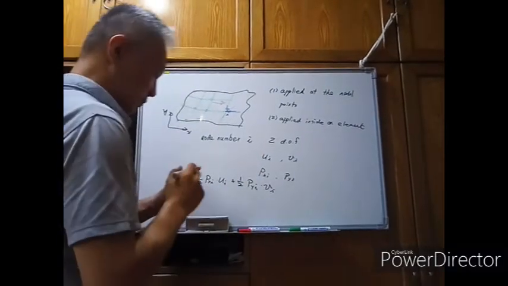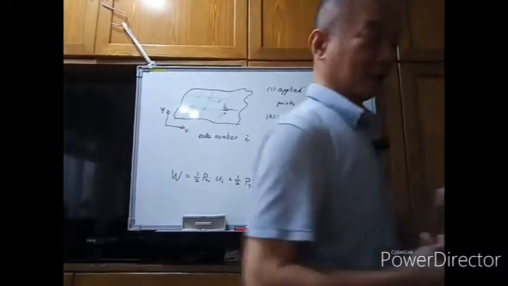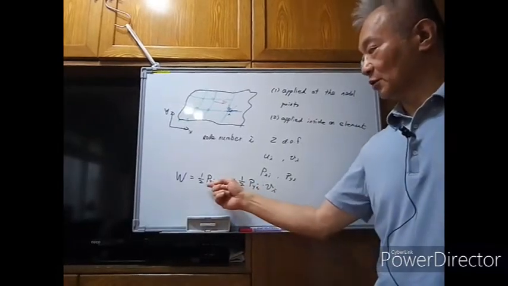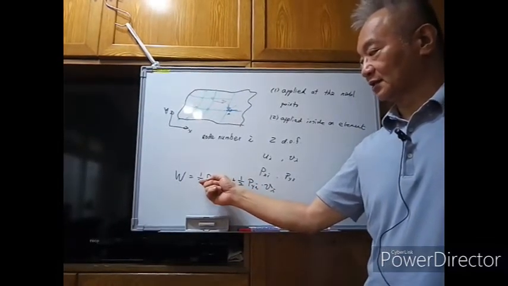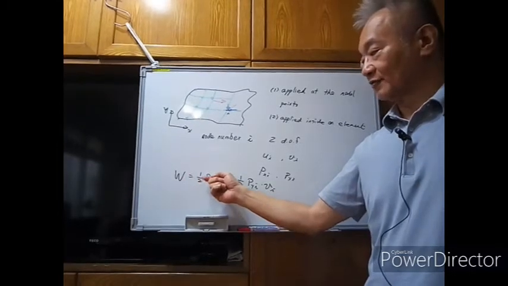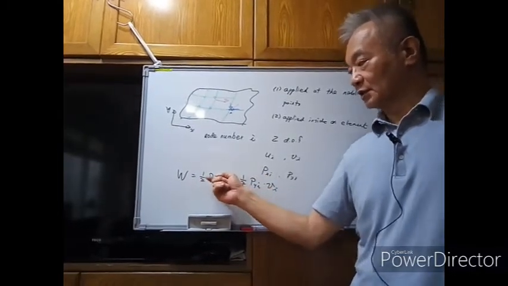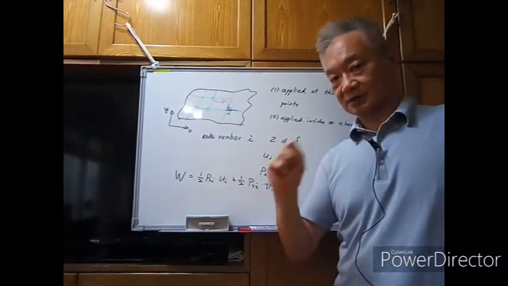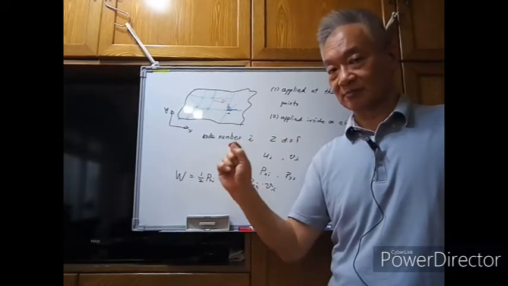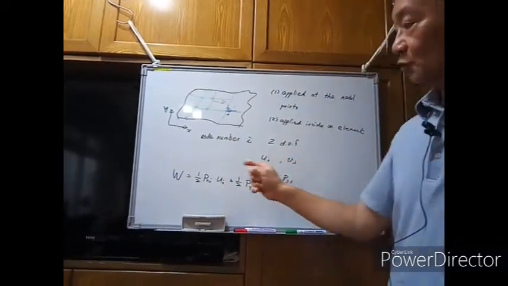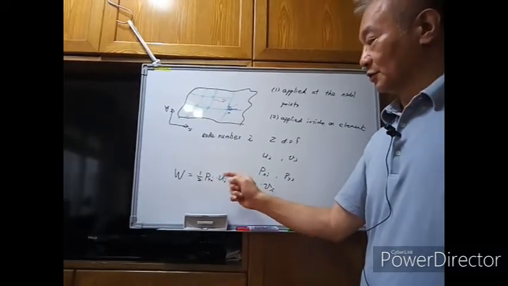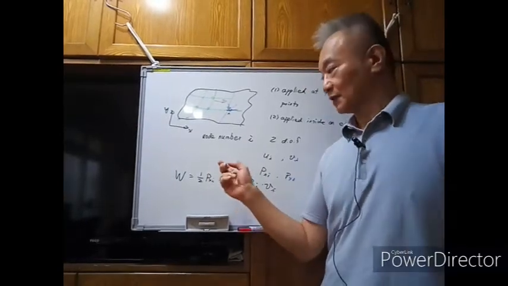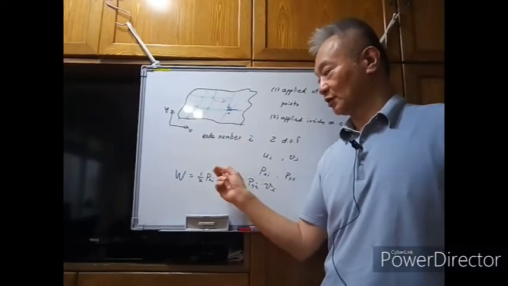Okay, remember how we calculate the work done by the concentrated loads? We always need to multiply the concentrated load. For example, the first term, the pxi is the load along the x direction. The ui is the displacement along the same direction. And we need to multiply these two together. Also remember the pxi and the ui, both of them are the final values of the loading and the